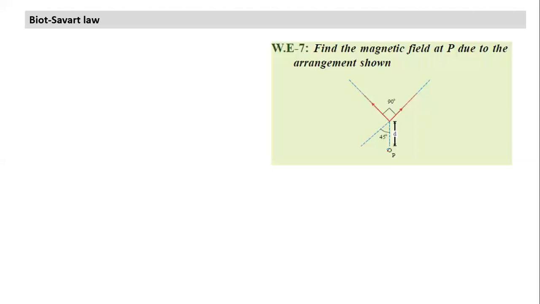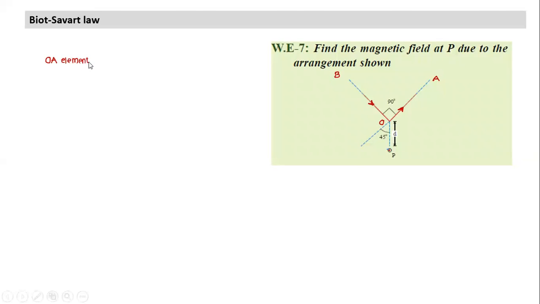In a similar way, think of a point P here. There are two elements, one going like this, another like this. Let's solve it like this. What will be the field at point P? Here also, this is an infinite element. Let me call this point P, this point O, and these are the OA element and the OB element. Let's calculate due to the OA element. How do you calculate the field due to the OA element first?